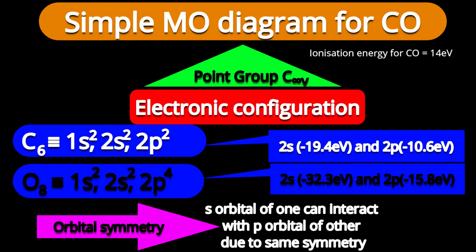Let us think about another sp combination: the 2s orbital of carbon with energy minus 19.4 electron volts and the 2p orbital of oxygen at minus 15.8 electron volts. Here the difference is hardly 4 electron volts, so their combination is possible. So this sp combination may also be possible directly. But whatever impossible combination I said, the 2s orbital of oxygen and the 2p orbital of carbon, that may be possible